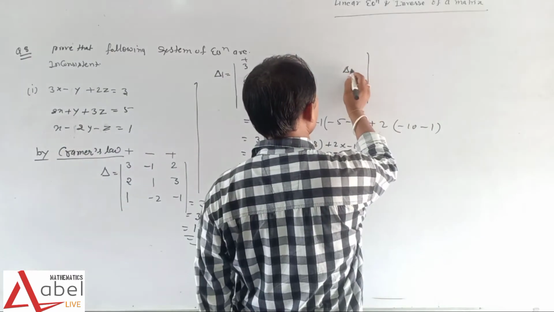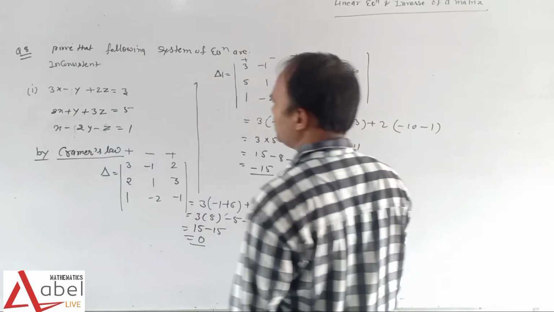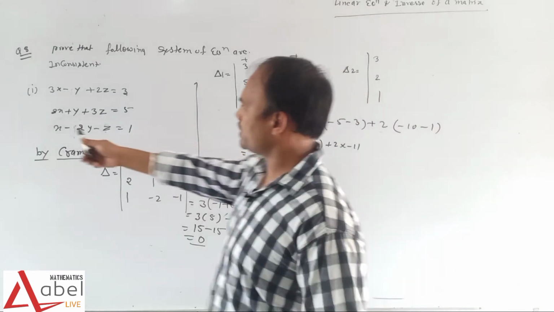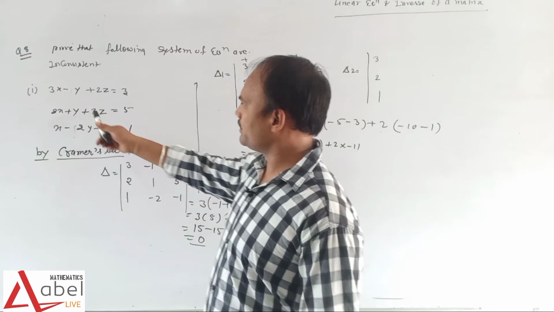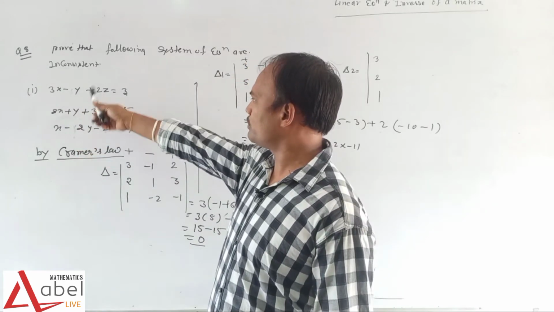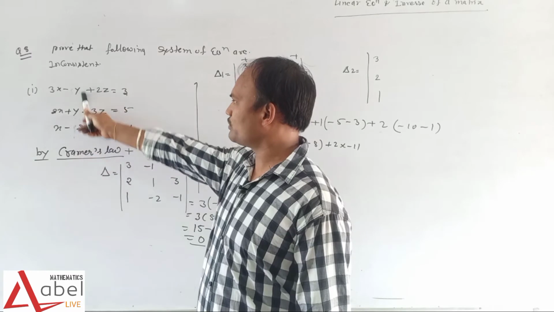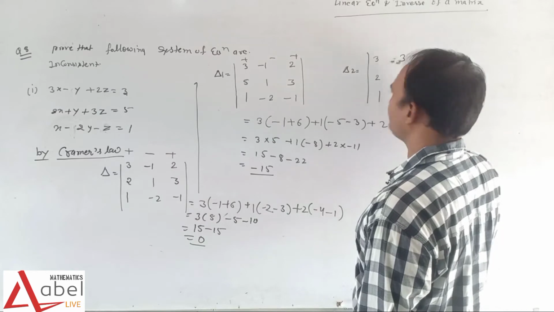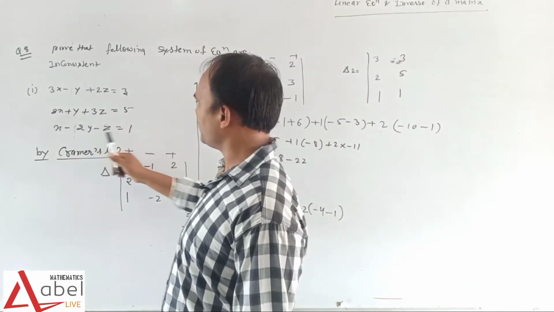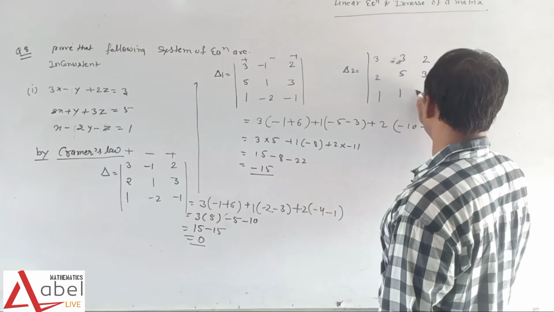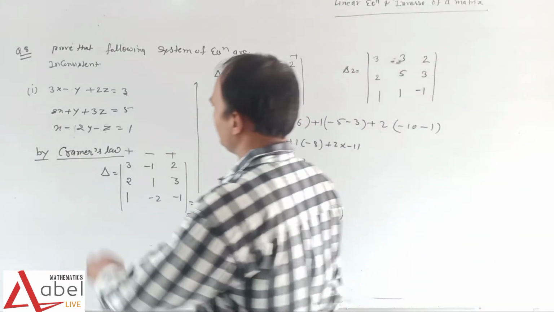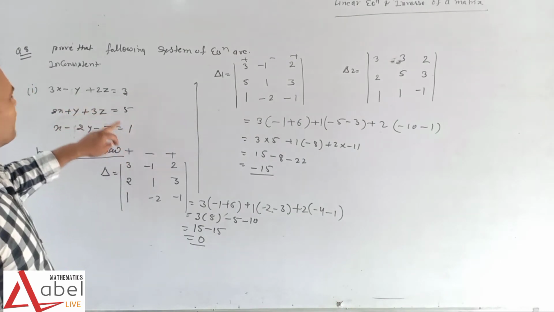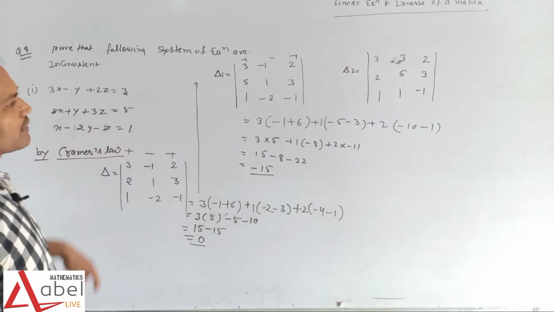So what happens when we try to find the value of delta 2? Delta 2 means we have to write the first column values as 3, 2, 1. Just look here, 3, 2, 1. Then we have to find the value of y, so in delta 2 these values are replaced at these places, so we can say that it is 3, 5, 1, and the other places are 2, 3, minus 1. So we can say it is 3, 2, 1, it is 3, 5, 1, and it is 2, 3, minus 1.